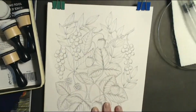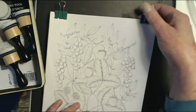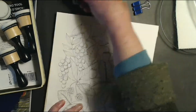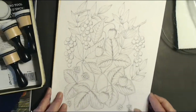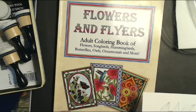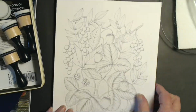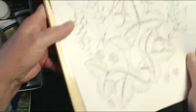All right, so let's get started. How about that? This is going to be so fun. Now, I do use a lot of these Bulldog clips, and the first thing I usually do is clip my work down to something harder. In this case, it's a copy of my book, Flowers and Flyers, for those of you who might not know. But since I'm going to use these inks and I want to take them off the edge of the page,